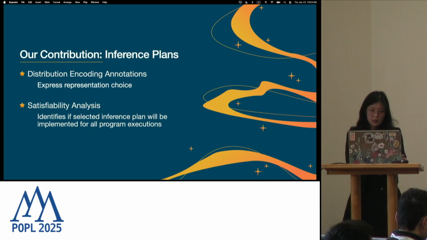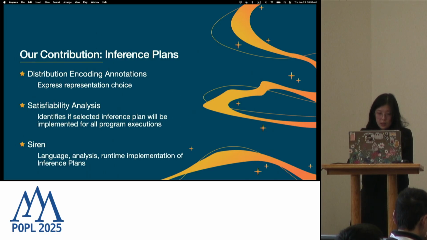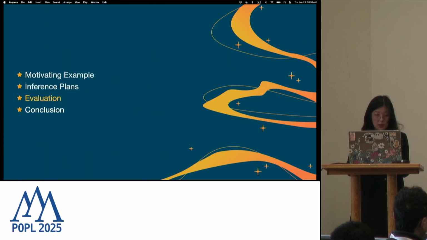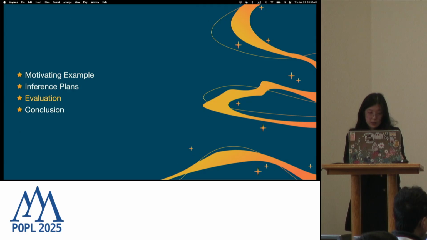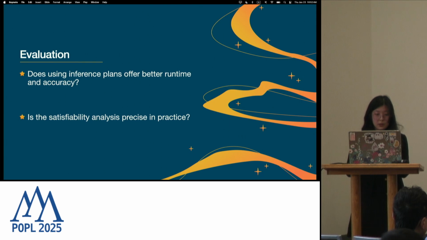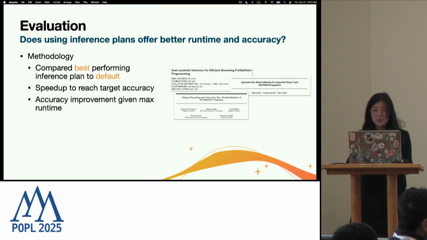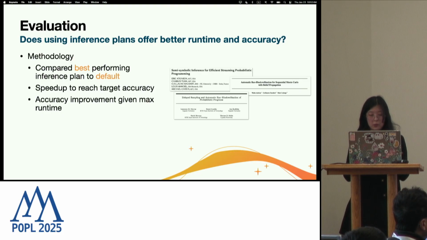So that's the annotations and the analysis. And we also developed Siren, a programming language that implements the various hybrid particle filtering algorithms and supports the inference plans using the annotations and the analysis. So that's our interface. Additionally, we performed an empirical evaluation to answer two questions. First, does using inference plans offer better runtime and accuracy? What we're really asking with this question is, is there some set of annotations that can improve performance from the default